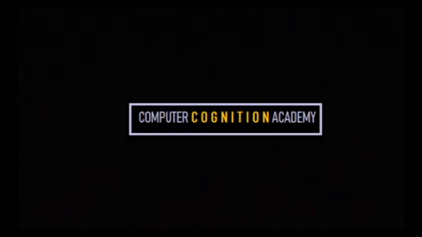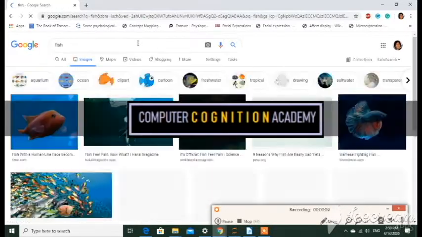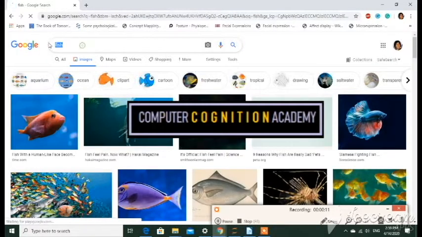Let's see this in the practical way. Let me type fish in the search engine. Here we go. More than enough options, which is good. The difficulty is not about